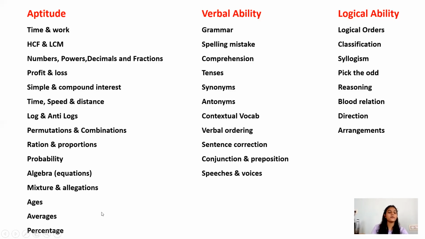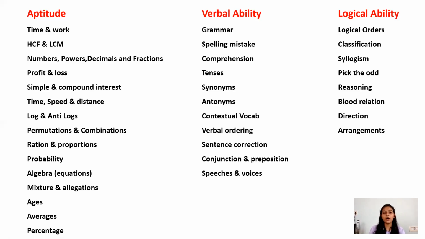then percentage. So if you just go through all these topics, if you just pick up 10 to 20 questions from all these topics and practice them well, and you know the shorthand tricks to go for all these, then you will be passing anyway in aptitude. We can get a score greater than the cutoff score. So that's all about the online assessment.